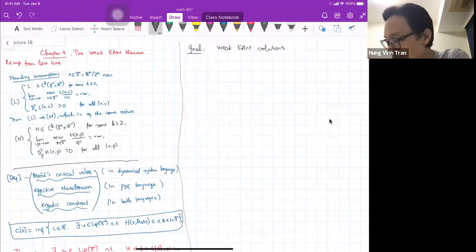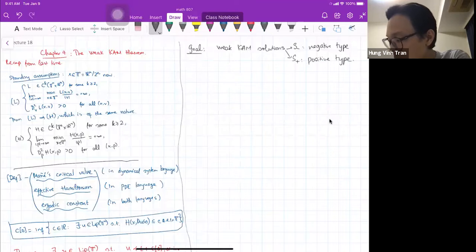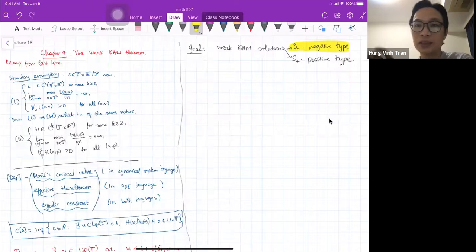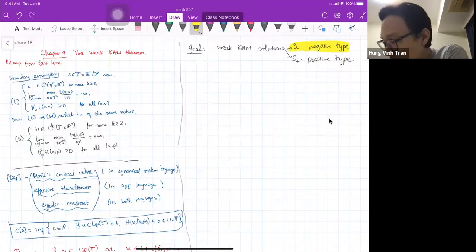So we have S minus, this is of negative type. And then S plus, this is a positive type. And as I said, we're gonna focus mainly on negative type because they are essentially analogous to each other. So, we already defined that U is in S minus if I